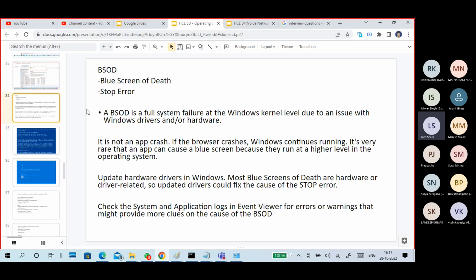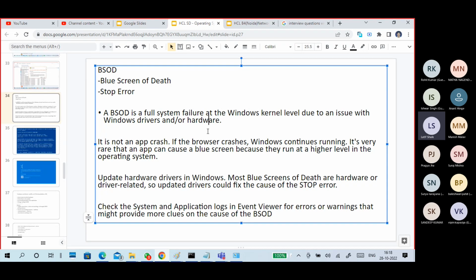Again, I'm going back, guys. What is BSOD? Blue screen of death is a full system failure at the Windows kernel level due to an issue with Windows drivers or possibly hardware. It is not an app crash. It means you open an application and it is not working. It's not like that. If it is not working, what do you do? Better to uninstall the application and install it again, or go to repair options and try to repair it. If a browser crashes,